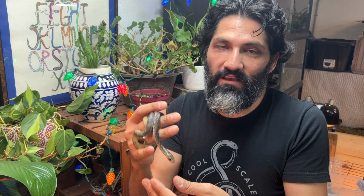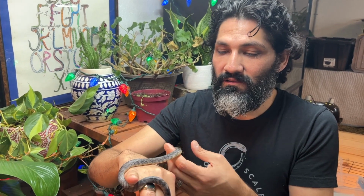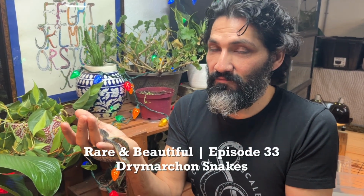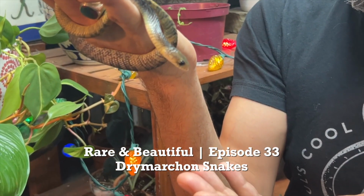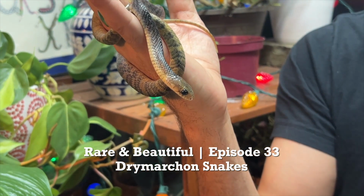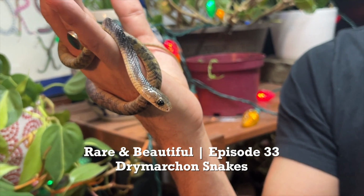This is one I've been definitely looking forward to doing, and it is talking about one of my favorite, if not my favorite snake species, which is the family of Drymarchon, which are Indigos and Cribos. And this is a baby yellow-tailed cribo. We have several to show you guys, and this is a little female. She's actually already spoken for, but